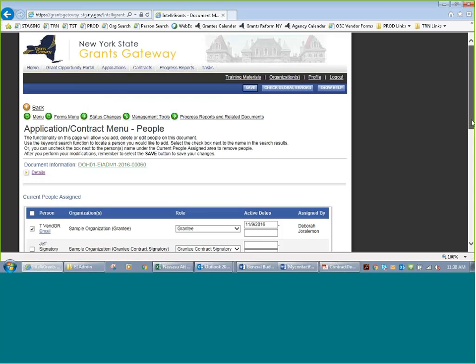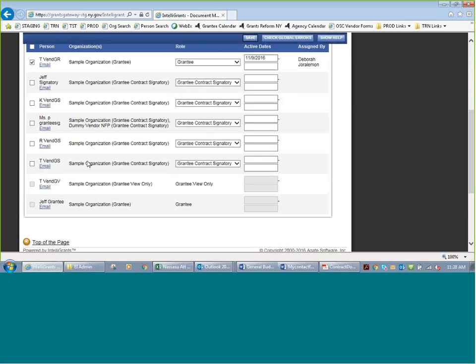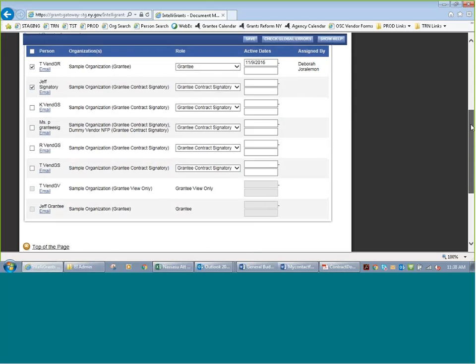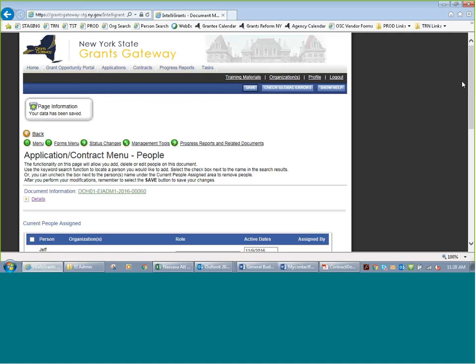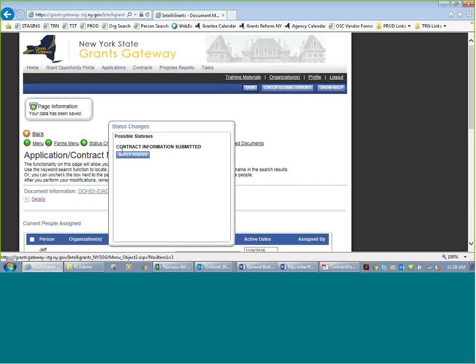So I go here and I see all the people that are part of my organization, all these bogus names here, but this one person, Jeff Signatory, he's the guy I want to sign it. He's our county executive. So I can check on his name and hit save, and this will now become a task for him. So there's nothing he needs to do now, but in a few minutes, obviously in the real world it's going to be a few days or weeks maybe, but in a few minutes he's going to have a task now to sign the contract. So I can now go back and do a status change and apply the status of contract info submitted. So I click on that,